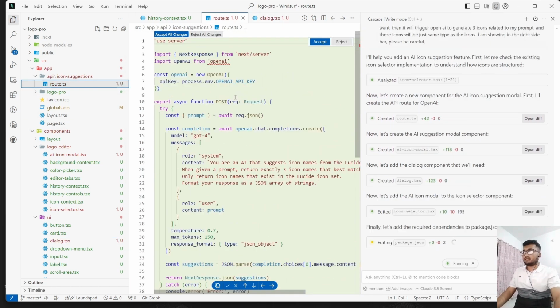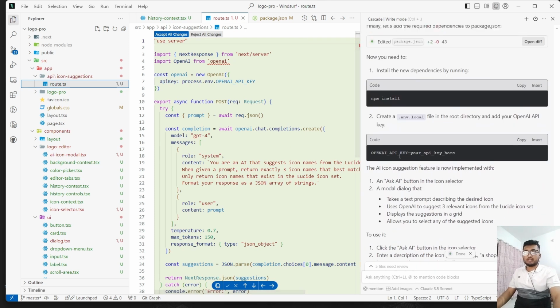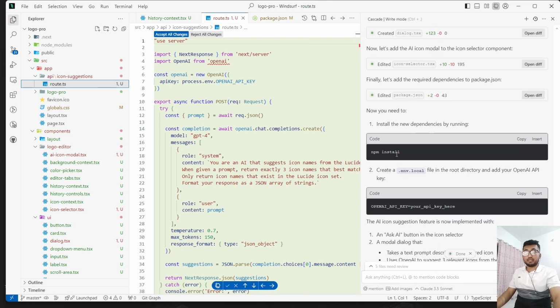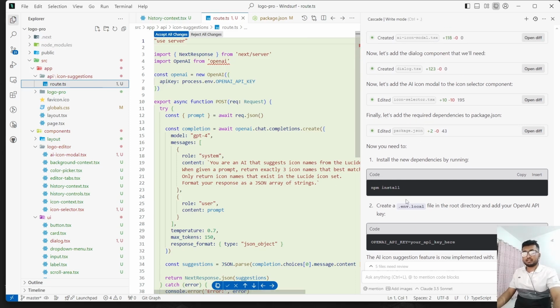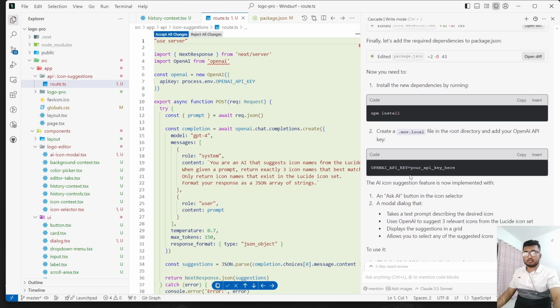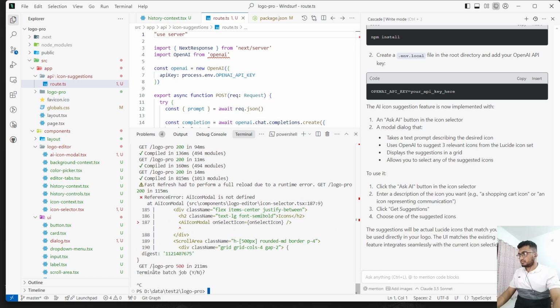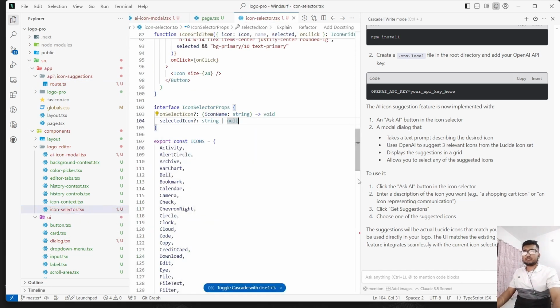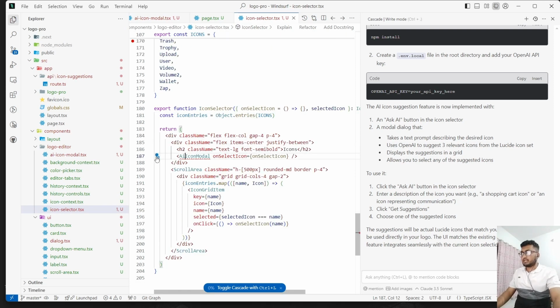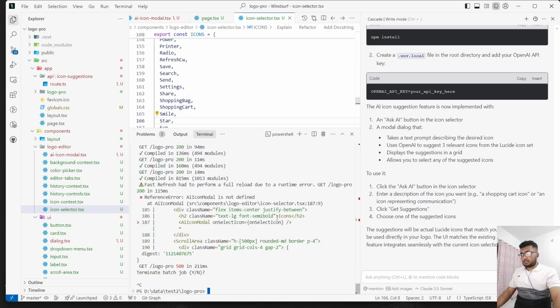What can I say, this is the OpenAI key page. Yes, it says that I need to run npm install because it edited the package.json file already. Then I need to create an env file, create a .env.local file, then put it there. Okay, let's see what is the error it's showing here. Okay, yeah, icon modal, it failed to import it. No problem. Let's do this. npm